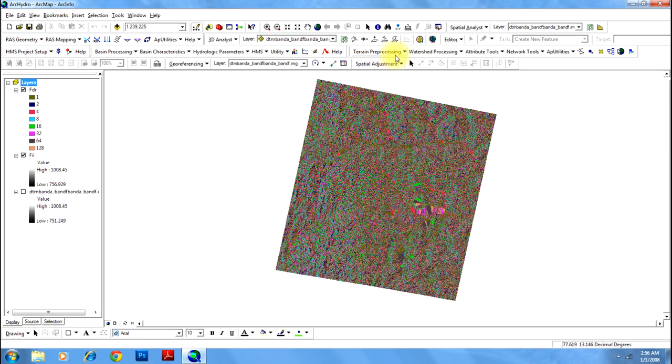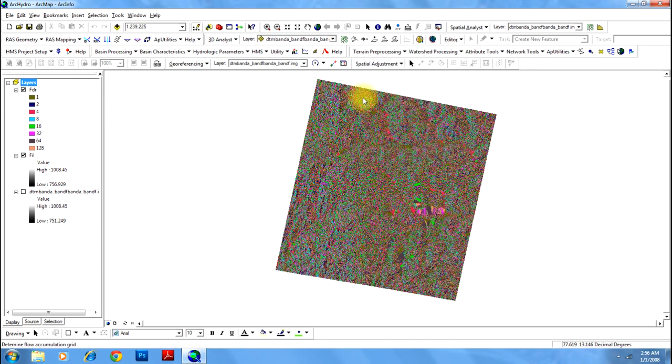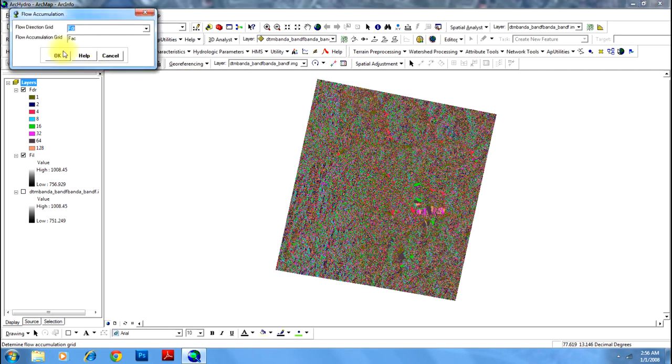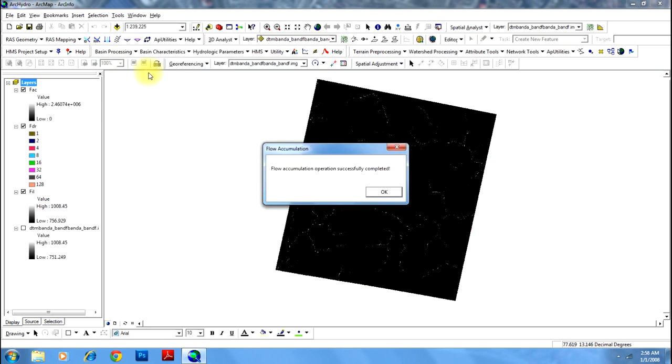Now next step is to go to the same tab again and click on the button flow accumulation. This calculates the accumulation of flow. This will ask for flow direction grid, whatever is generated now, give that, and flow accumulation grid by default is named FAC.